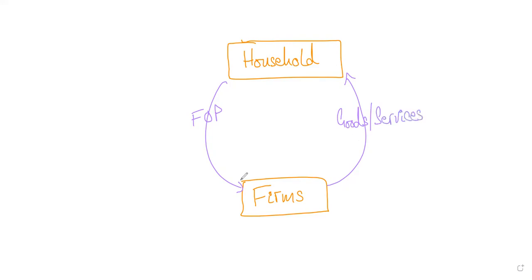So this is the internal circle, where households are providing firms the factors of production and firms are providing households the goods and services. Then there's an outer circle, because obviously nothing is free. Now, firms pay households what? If households are providing factors of production, then what will the firms provide to the households? Think about this. Are the factors of production free? The answer to that is money. Exactly. So firms are providing compensation for the factors of production.